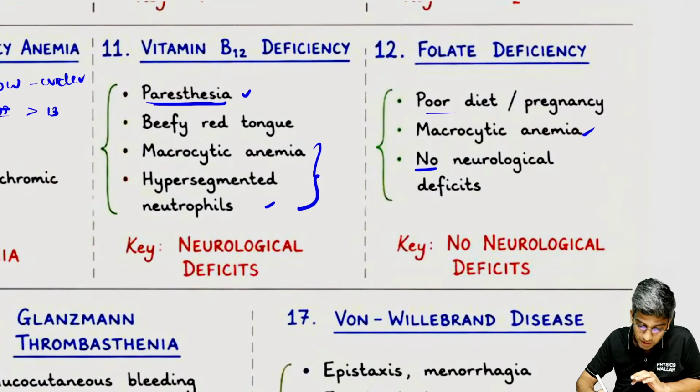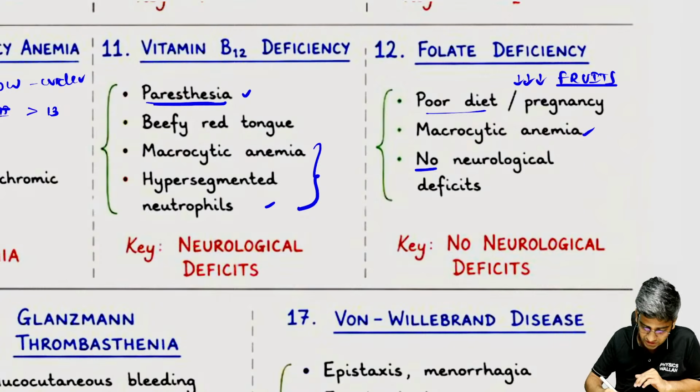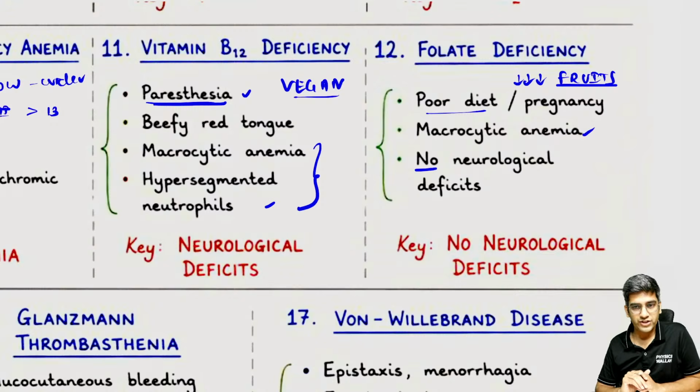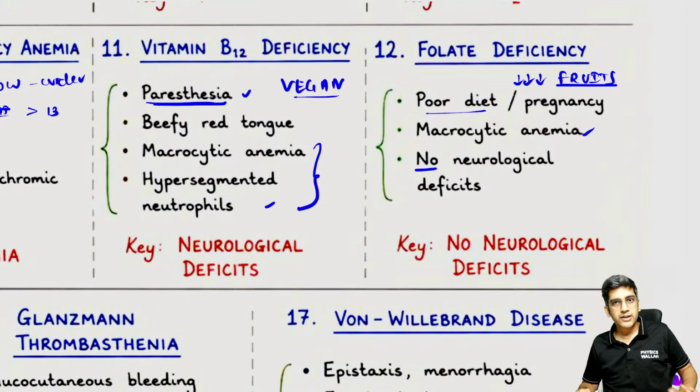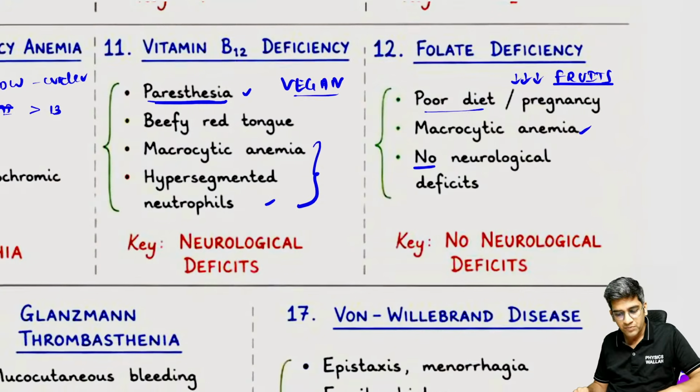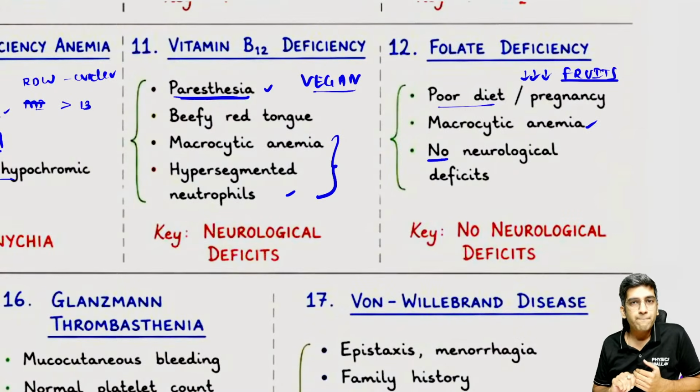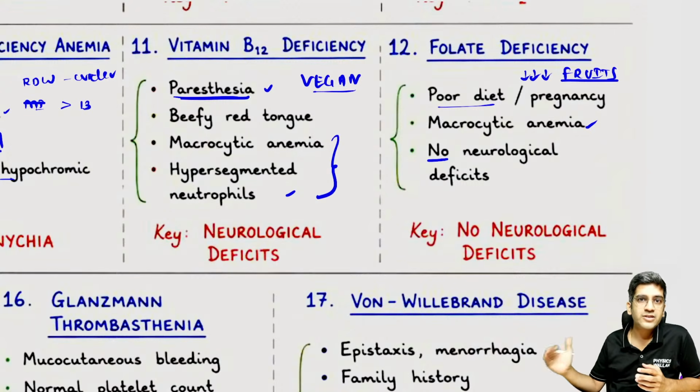And here, a poor diet, which has less amount of fruits, is also a clue for folate deficiency, and a vegan diet is a clue for vitamin B12 deficiency. Do remember them, right? The right answer for the question he asked, very simple. Paresthesias are there because B12 is very, very important for producing sphingomyelin or myelination. When B12 is not there, myelin cannot be produced, myelination will not be there, which results in spinal cord degeneration,